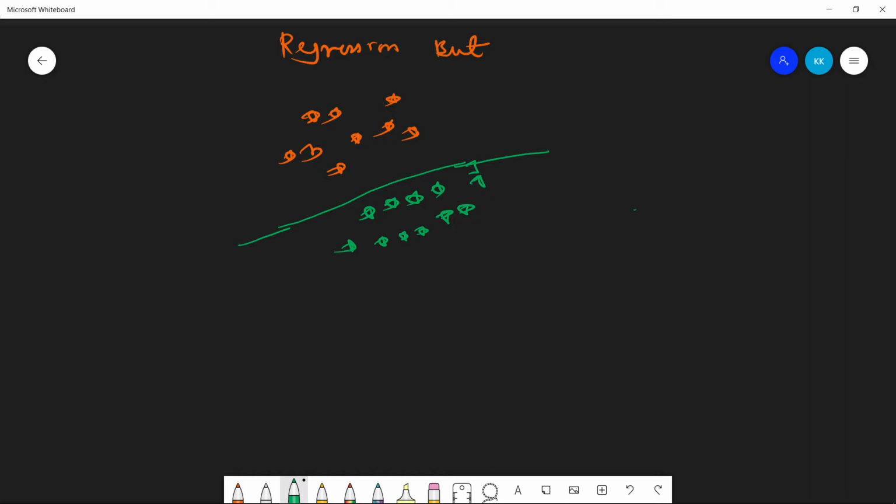And suppose I give you data in this format. Now these are some of my green points and these are some of my orange points, and if I ask you to classify this, it is very hard. In this video we are going to see logistic regression, but there is one condition. For logistic regression, the data should be linearly separable. Only then can we use this algorithm.